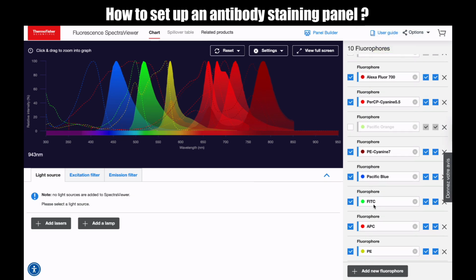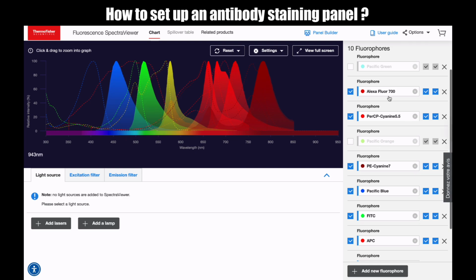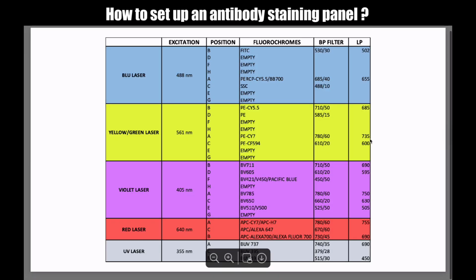And Pacific Orange is similar to Texas Red, if I remember. You have to check similarities with other fluorochromes, but if you already have these fluorochromes in your antibody staining panel, you cannot use the same.